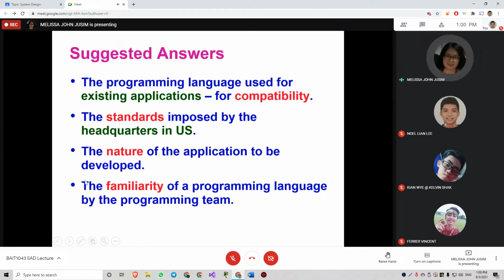We also need to look at the familiarity of the programming team in Malaysia with the language. Do we have the manpower, programmers who are familiar with the programming language? So these are some of the suggested answers.